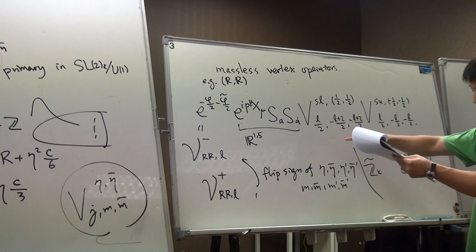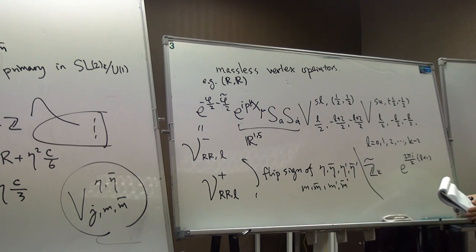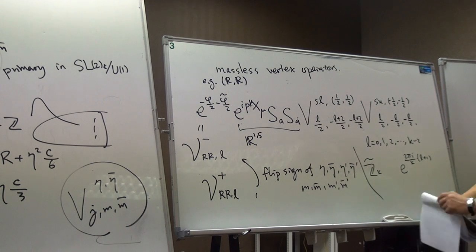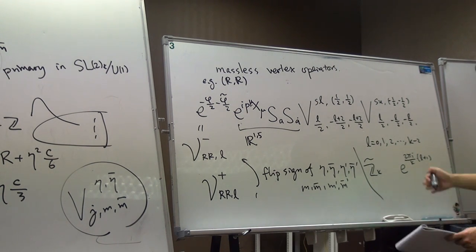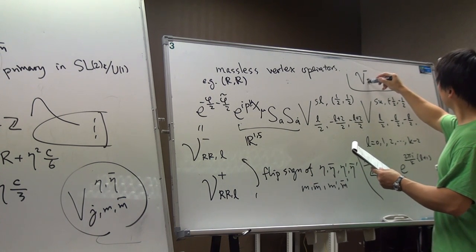So you change all the signs of this and all the signs of this, you get the V_RR plus. You might think that this gives you another copy of the vector bosons, but that's not true. There turn out to be identifications of these, there's a subtle identification among